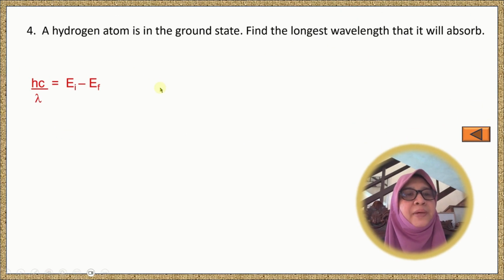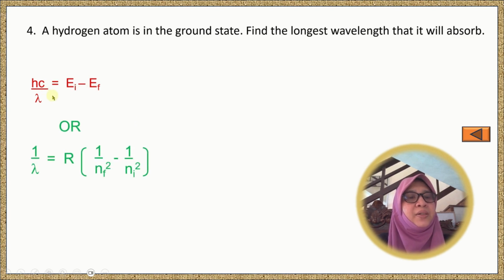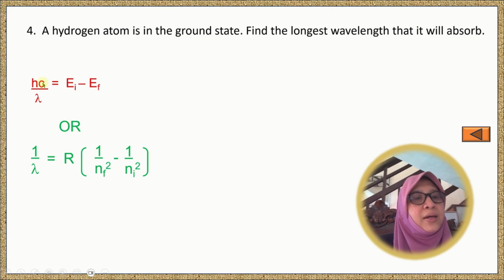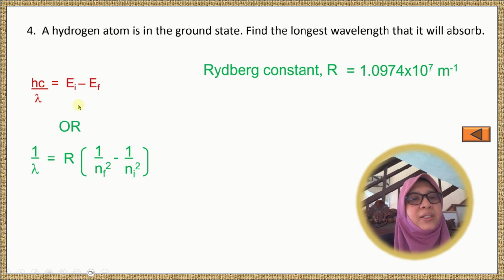We have another method to solve question 4. We can use the Rydberg constant. From this equation, hf equals Ei minus Ef, where f is c over lambda. So we can get the Rydberg constant from this, where we cross multiply hc to the right side, and Ei minus Ef. For the formula for E, we use negative 13.6